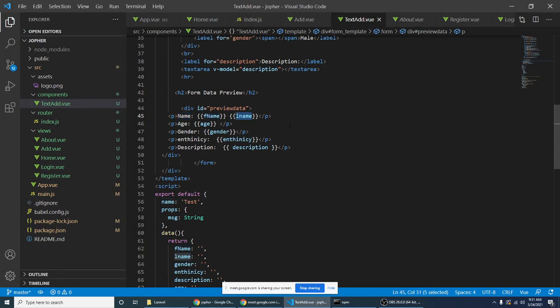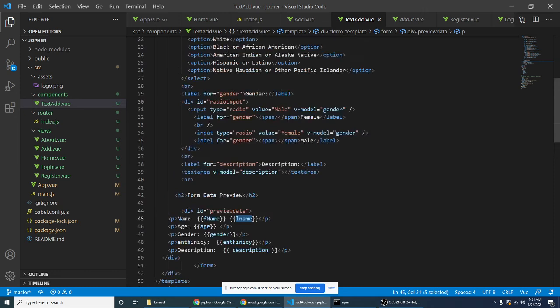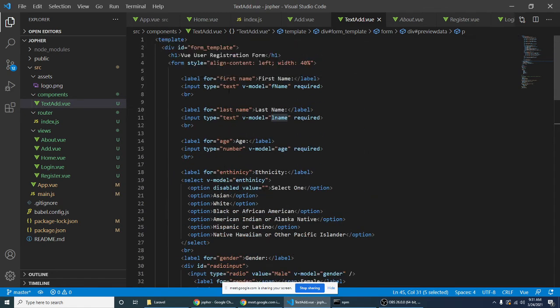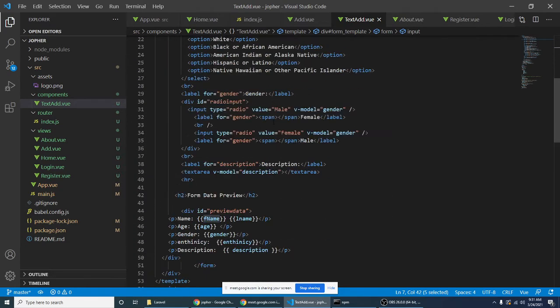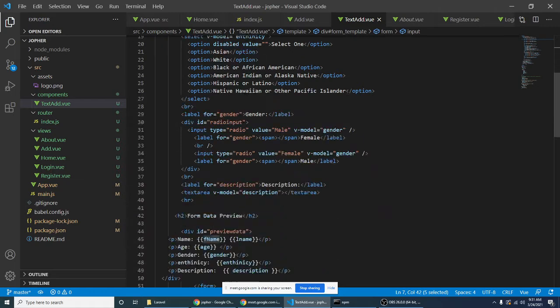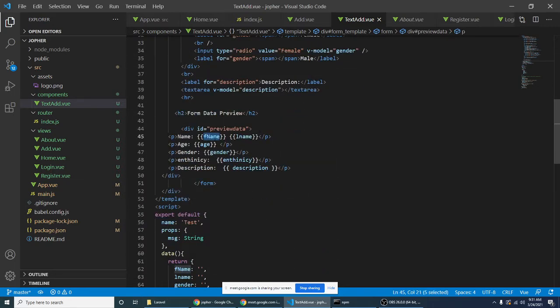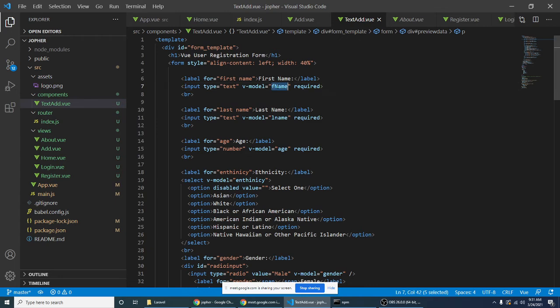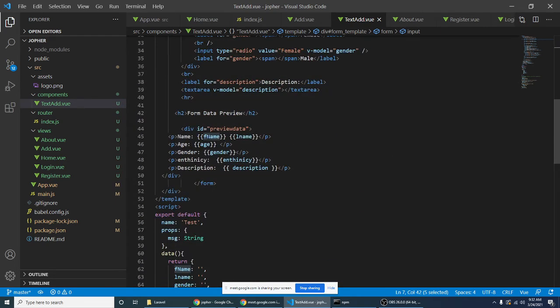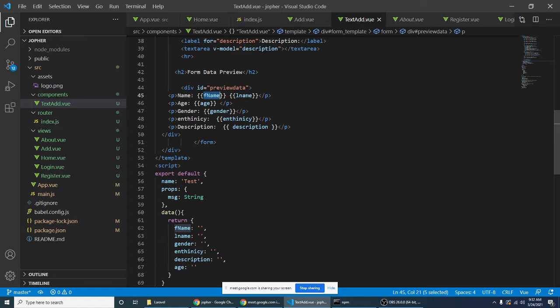So if you want to display the content, take note, for our first name the v-model is fname. So here, if you want to display that, you have to use the same v-model name, fname, and then lname, age, gender, and so on. Okay, then here in our script,